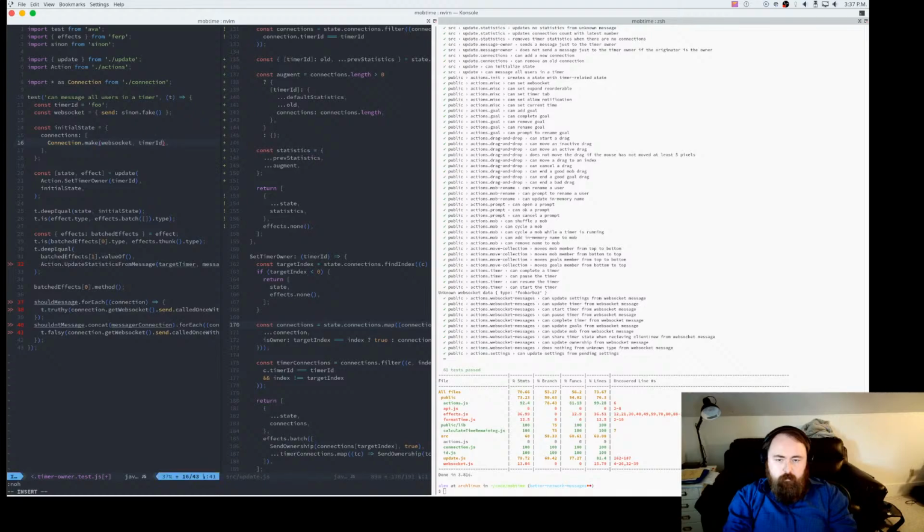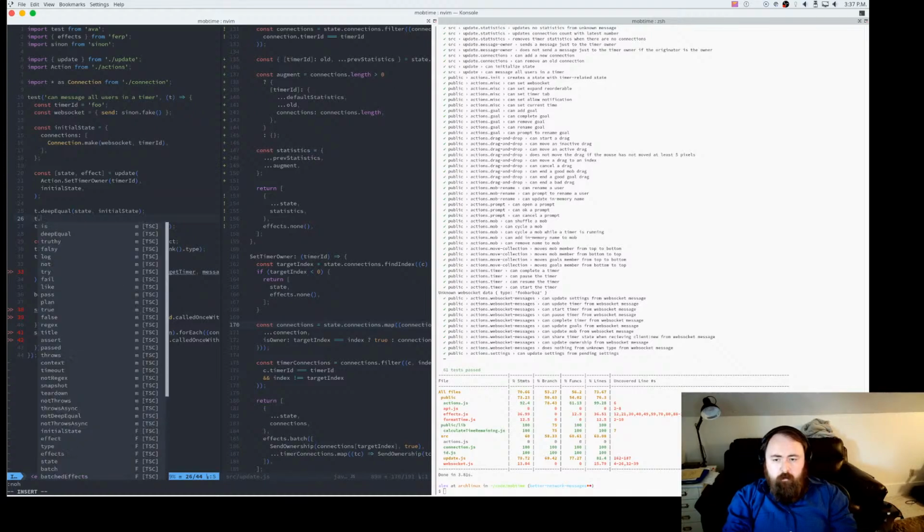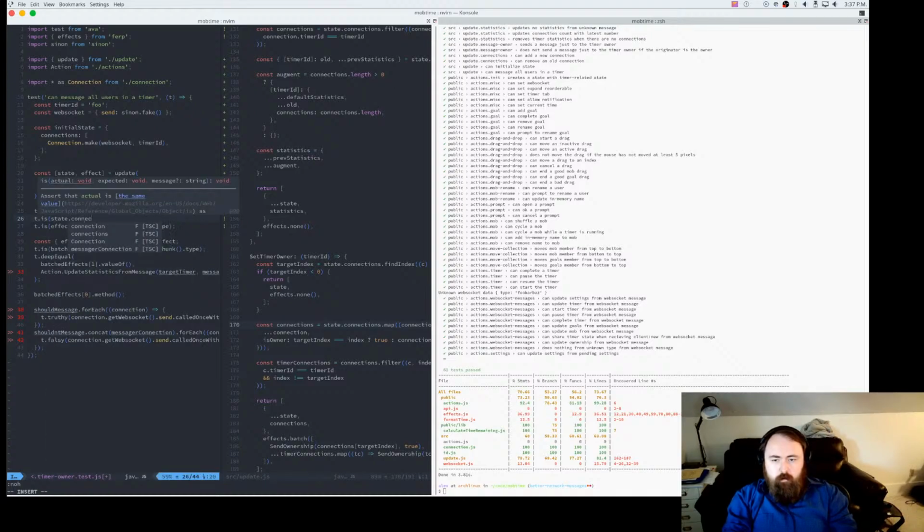So I guess that is set to false initially. So our state should not be initial state at all. So what we can do is say t is state.connections 0, because we don't change the order at all. We know is owner should be set to true, and they are otherwise the same.